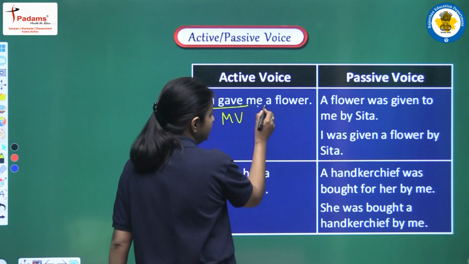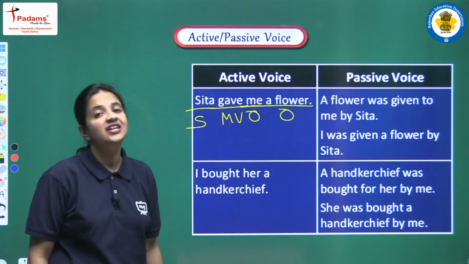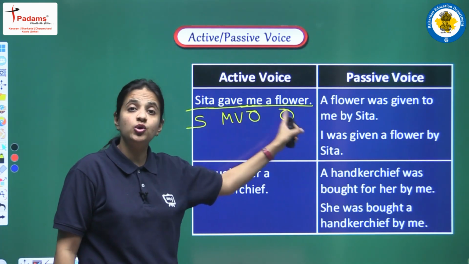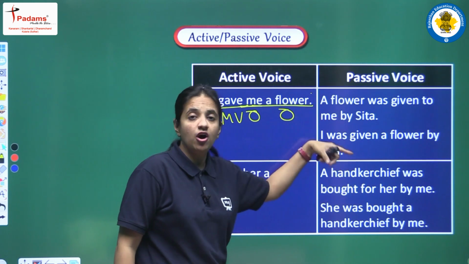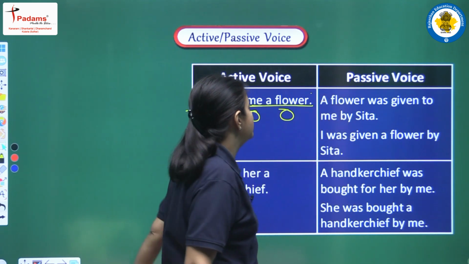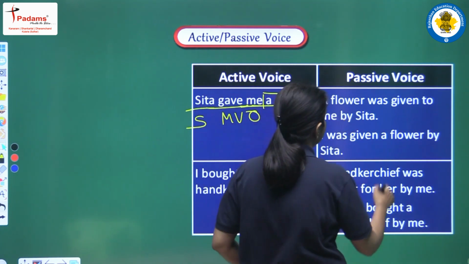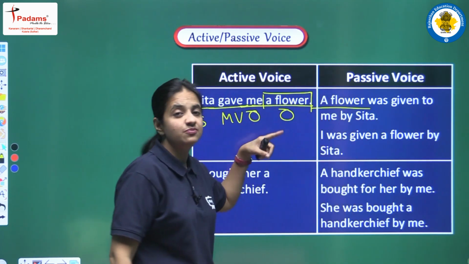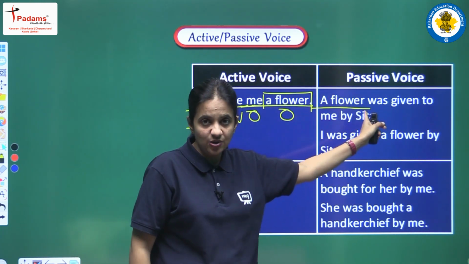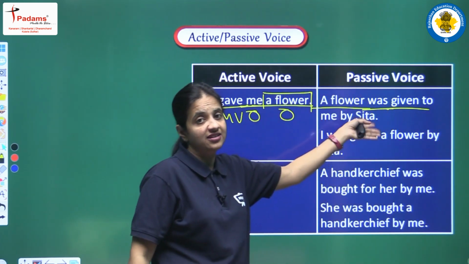Now we are having me. So yes, me is the object and a flower, this is also an object. So yes, this is the example of a double object. In this sentence we are having two objects. So it means we are having two options here, and in two ways we can convert this sentence into passive voice. So let's see the first one. First of all we are taking this object, a flower, in the beginning. So we are writing a flower. Next, this is obvious that this is past simple tense and we are using was and were, and for flower, that is singular, we are using was. So was, that is helping verb. After that given, that is the main verb.